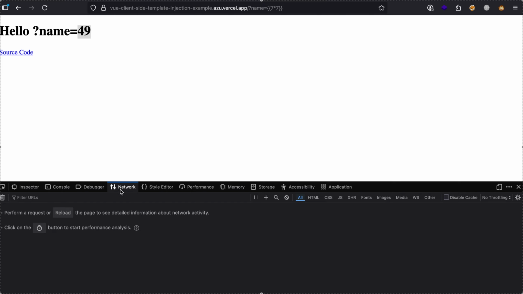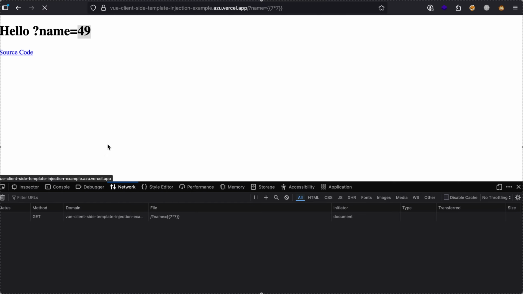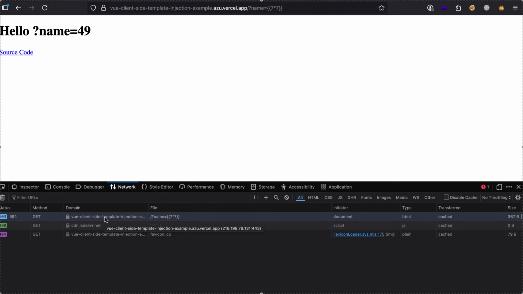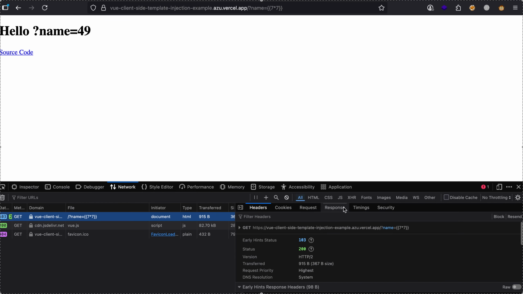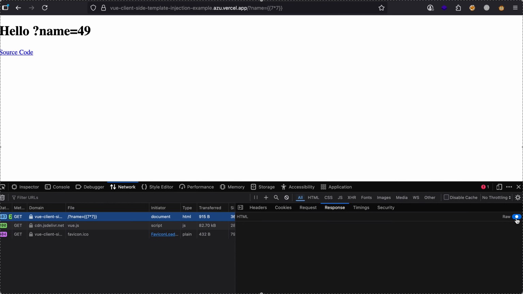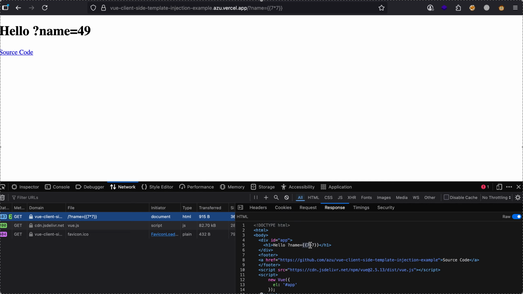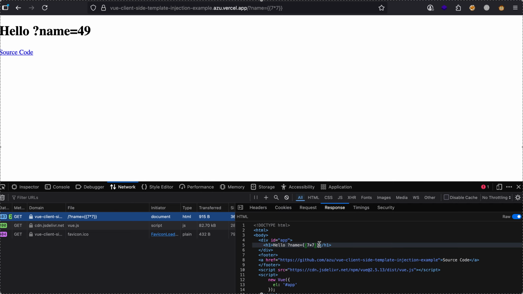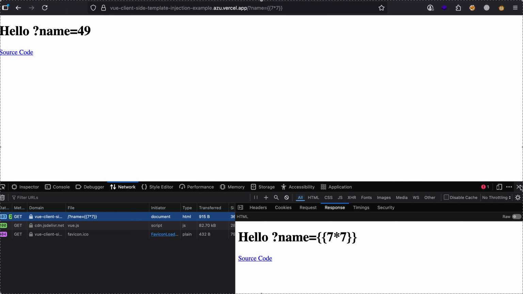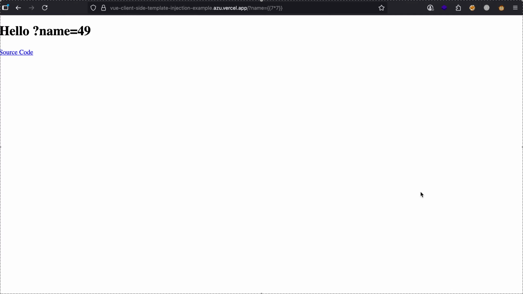So if you were to see the response from the server, as you can see, okay, this would be not modified. Let's see this. Okay, so here as you can see, the response is what we had actually typed in over here, but because this is a templating engine, it ended up getting executed. So I hope this was able to help you clarify what CSTI and SSTI are,